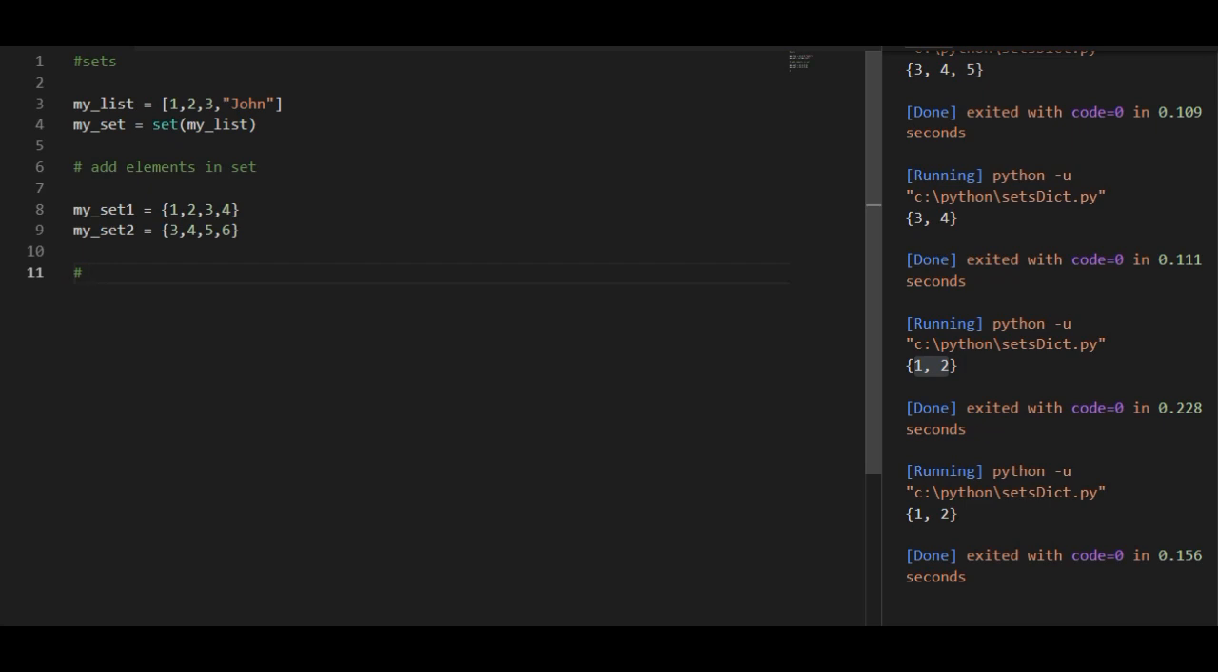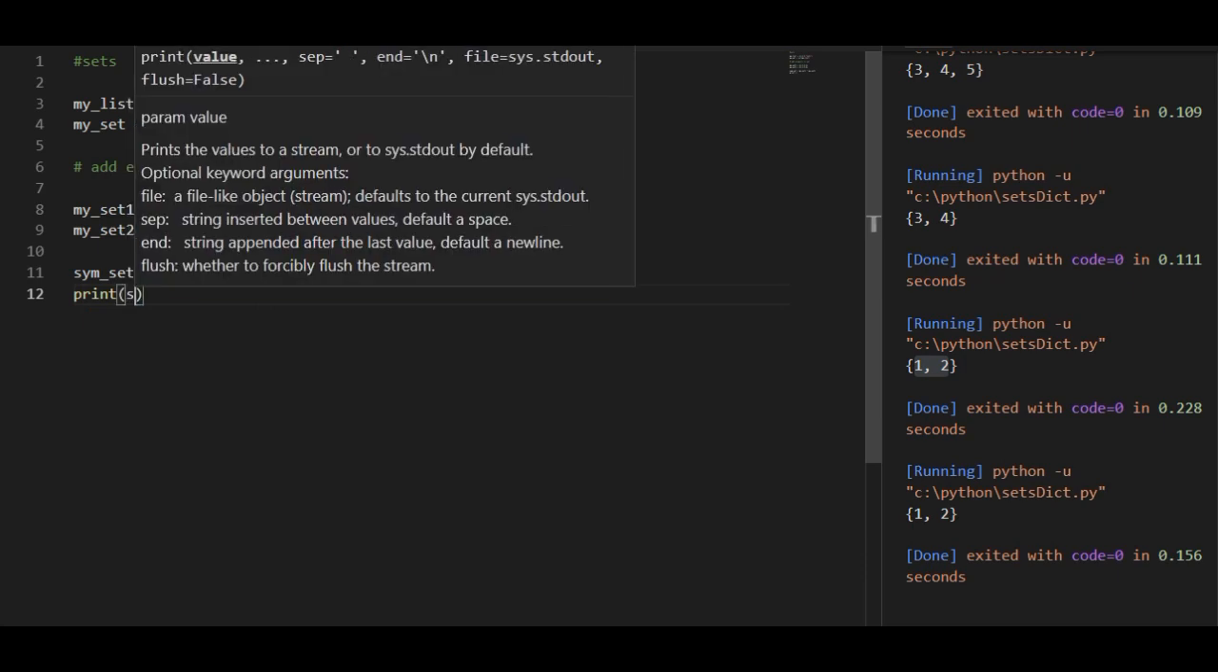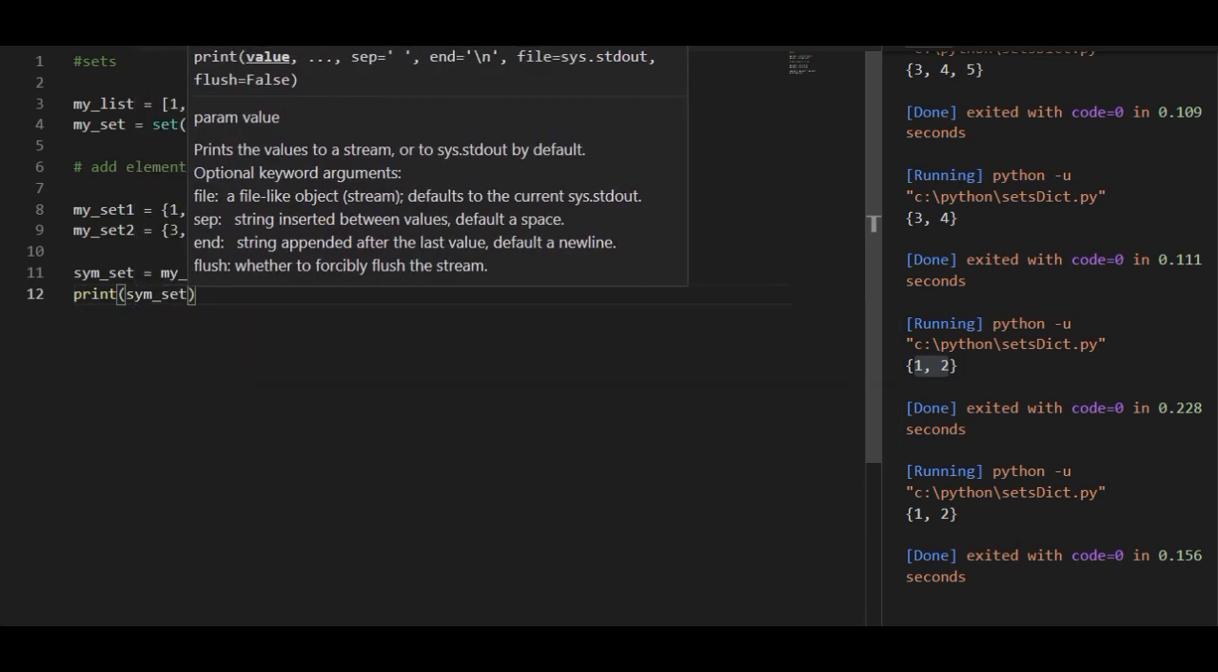Now you can also use symmetric difference between the sets. For using the symmetric difference, you can either use the caret sign or you can use the symmetric difference function. Now we are going to use both. Let's say symmetric set equals my set 1 symmetric difference, and I will say my set 2. Now I'll print this and I'll see the symmetric difference between these sets, and the result would be 1, 2